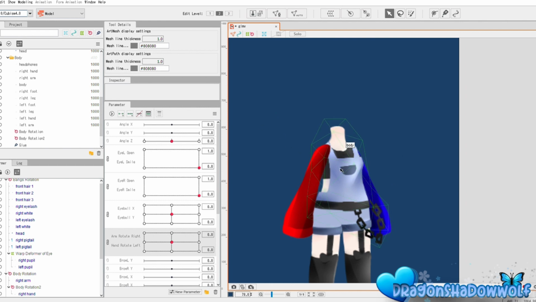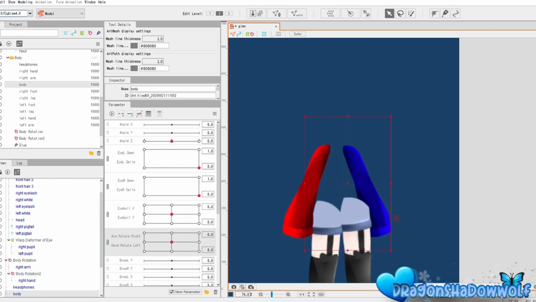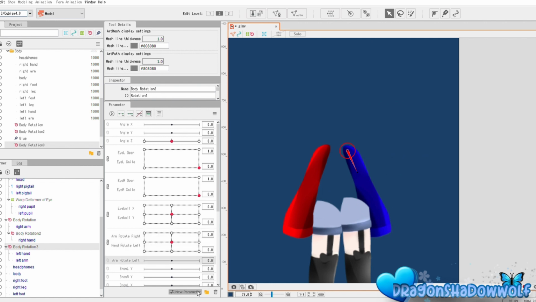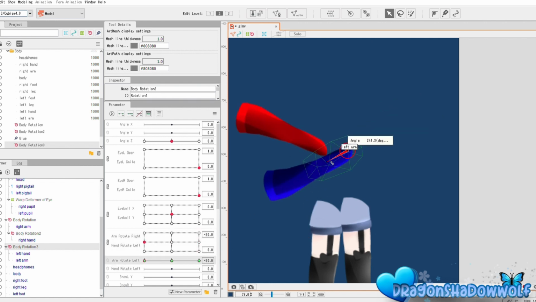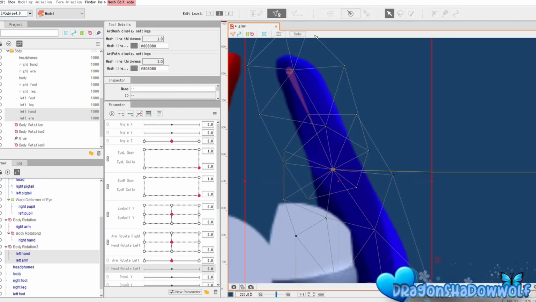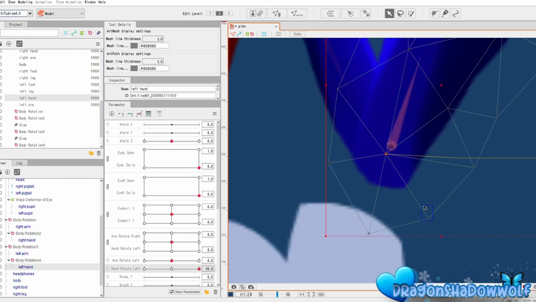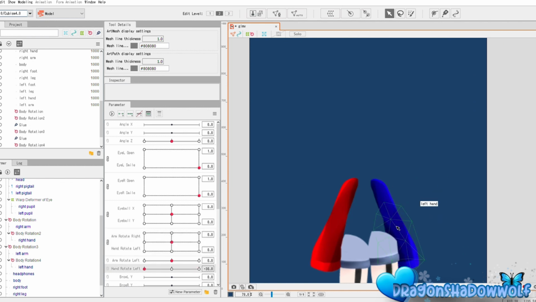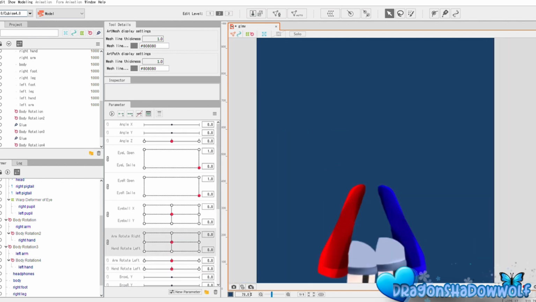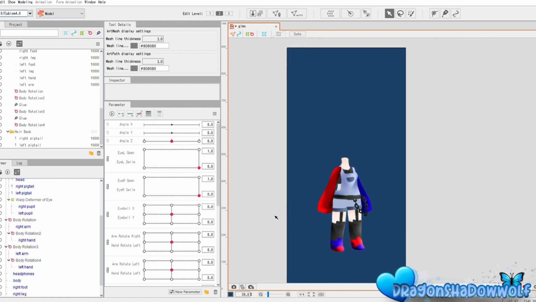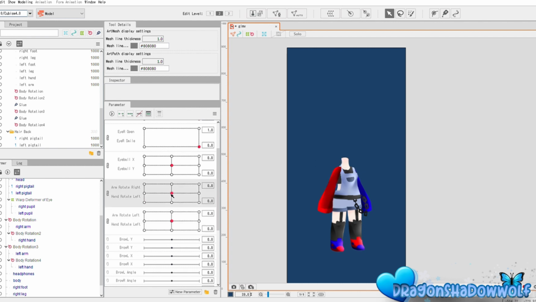Now I'm just gonna hide the body and then do the same thing with the left arm. And now to